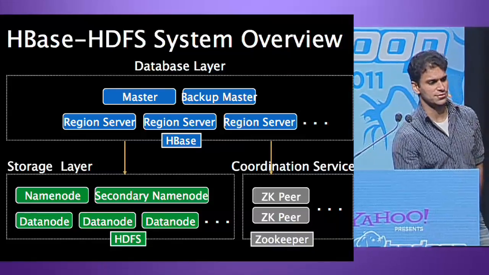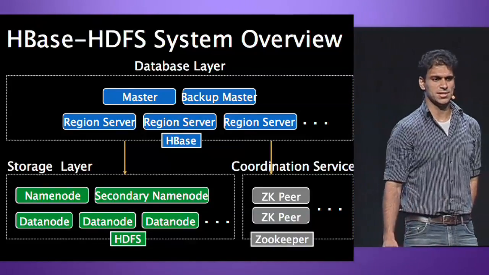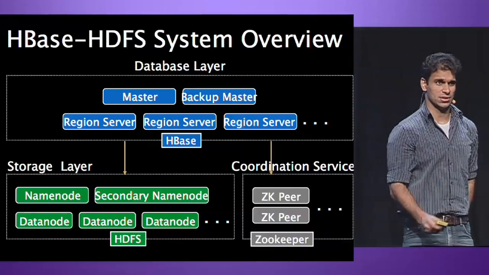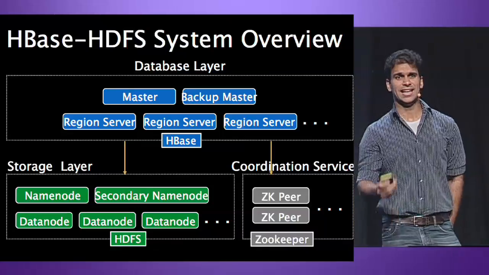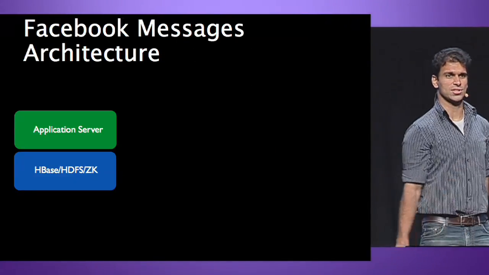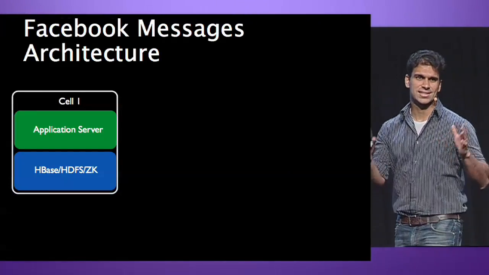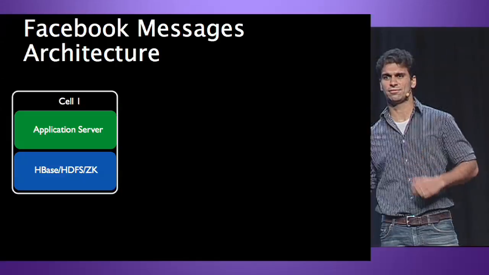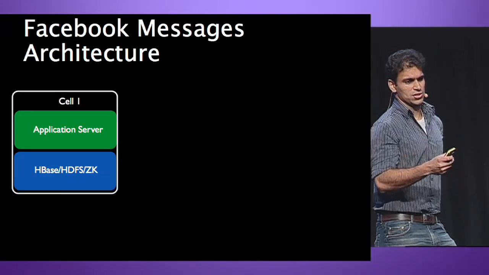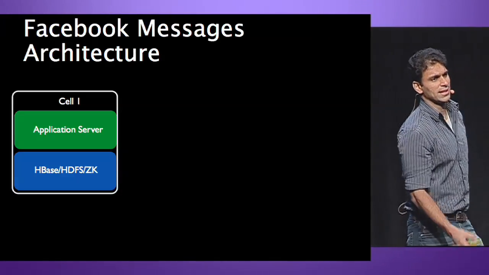All right, so how does this fit into the big picture? That box right there represents that entire subsystem. And like I said, we always wanted to put an application server in the front to take out most of the reads. Each user would be sticky to a single application server in that application server cluster. And this is what we decided to call a cell. A cell for us was an independent failure domain. Each user would be sticky to one application server, which would talk to the HBase, HDFS, and ZooKeeper subsystem underneath and get the data for that person.